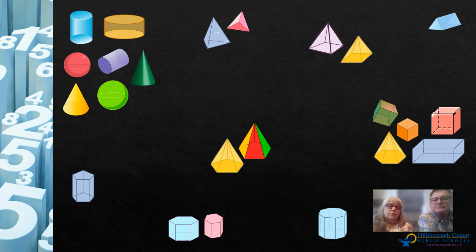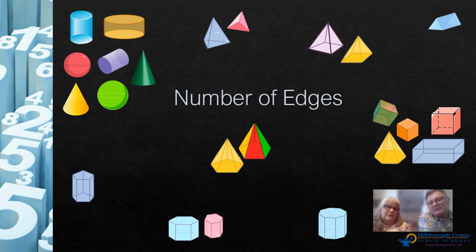Here is another sort. You looking closely, Daryl? I am. Let's see, we've talked a lot about bases and faces. So another attribute is edges. So I'm thinking that it's edges, and I'm just looking at that top left, which has a lot. And it's interesting because